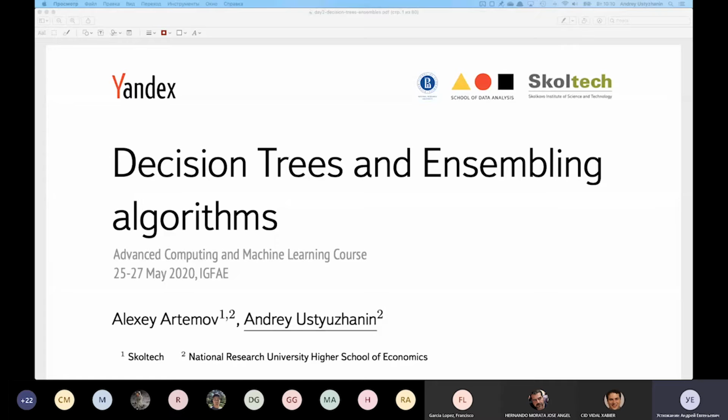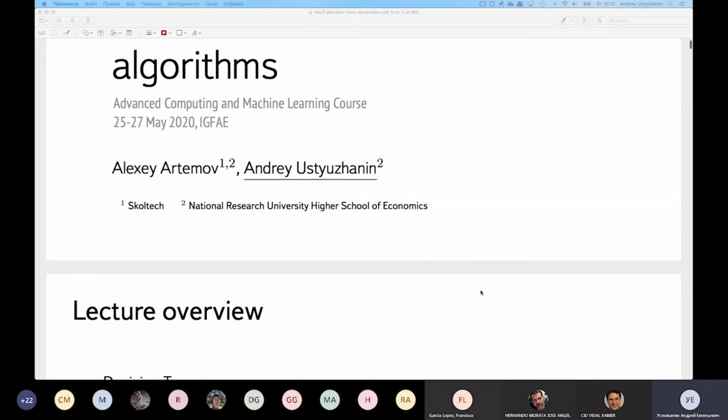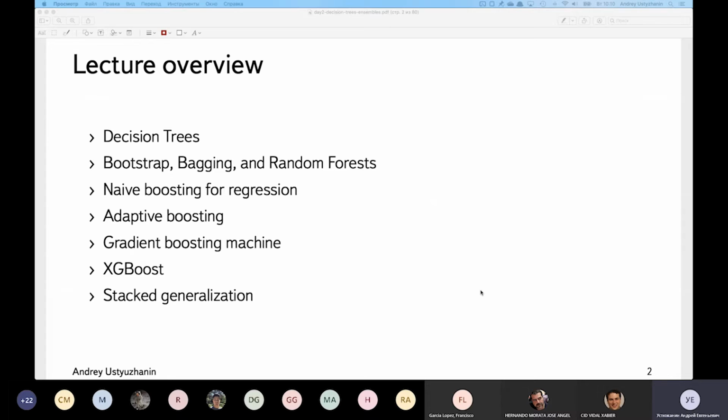It will be a theoretical part, and the practical part will be focused on applying those, practicing building those trees, and we'll focus a little bit on applying those techniques to the particle identification problem in particle physics. Being more specific, we're going to start from decision trees, and then we'll go through some of the families